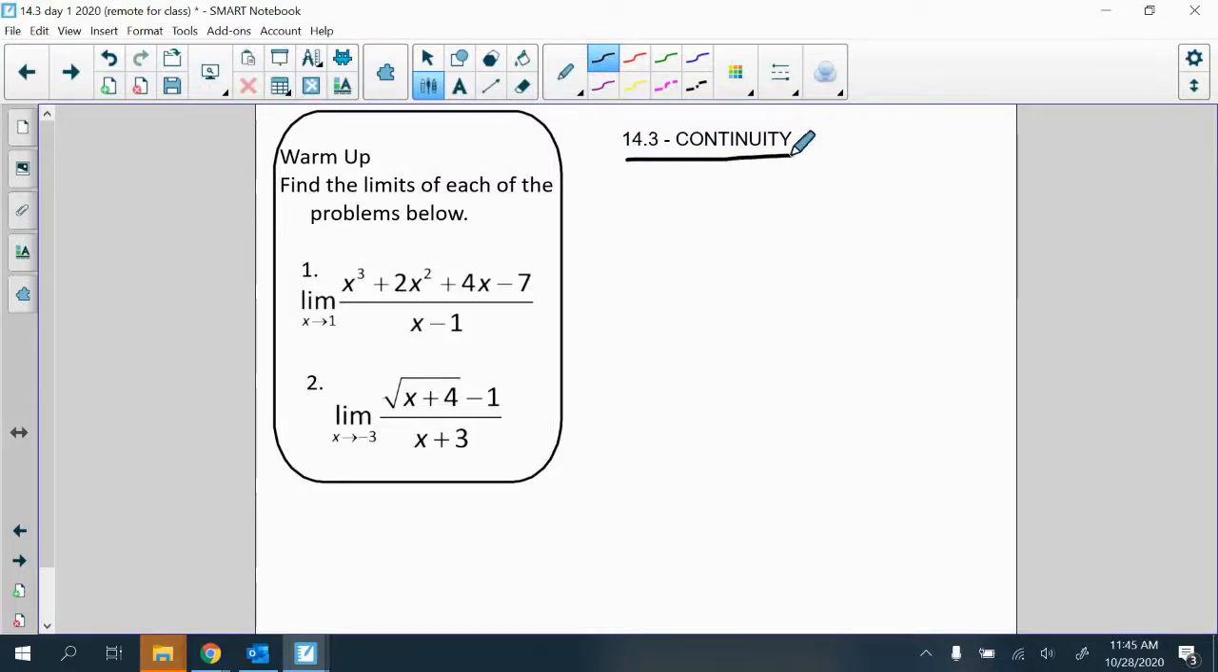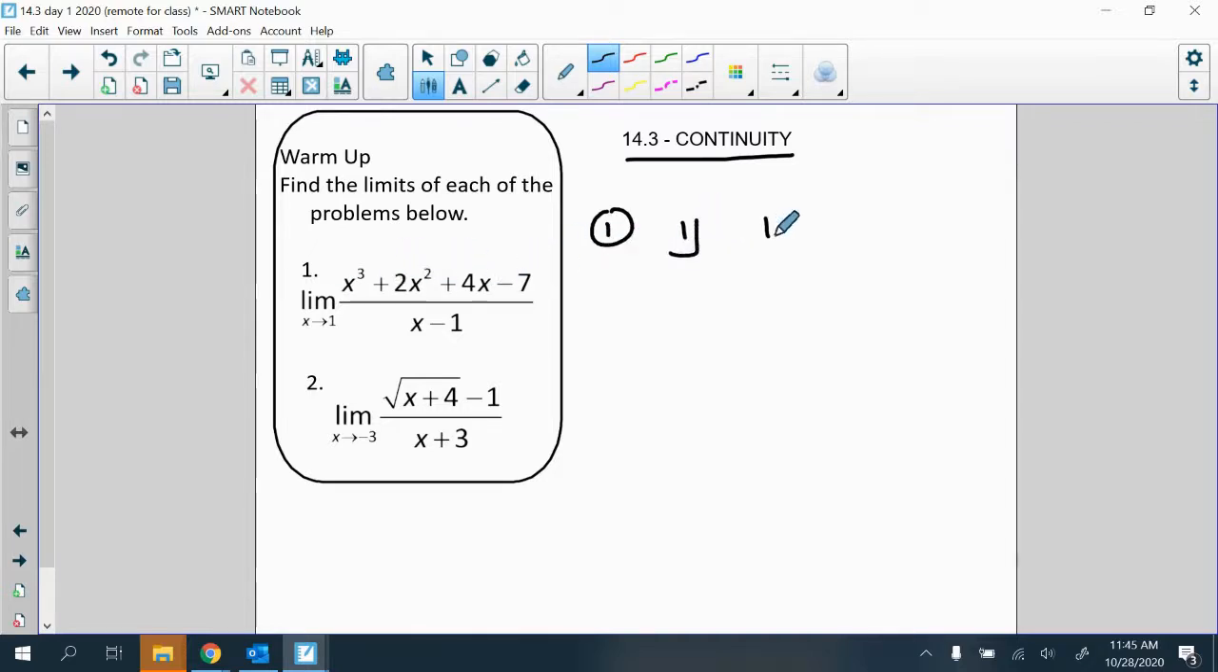This video goes over continuity. In order to understand continuity, we need to understand limits because that's part of the definition. Just a couple of warm-up problems. If we're looking at problem one, what we'll probably want to do in order to factor the numerator is use